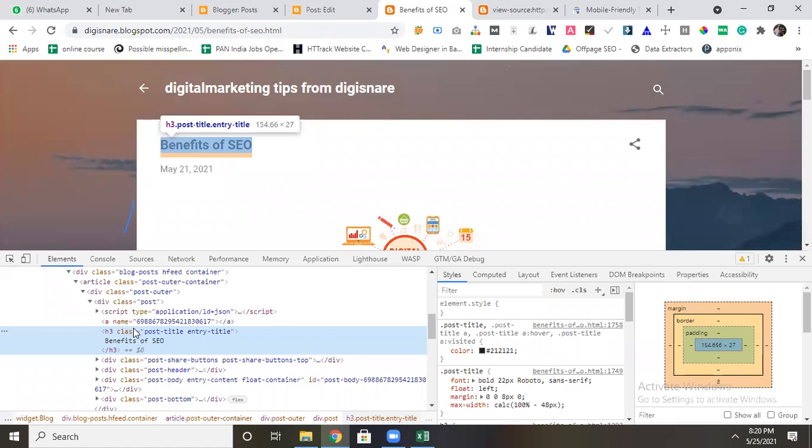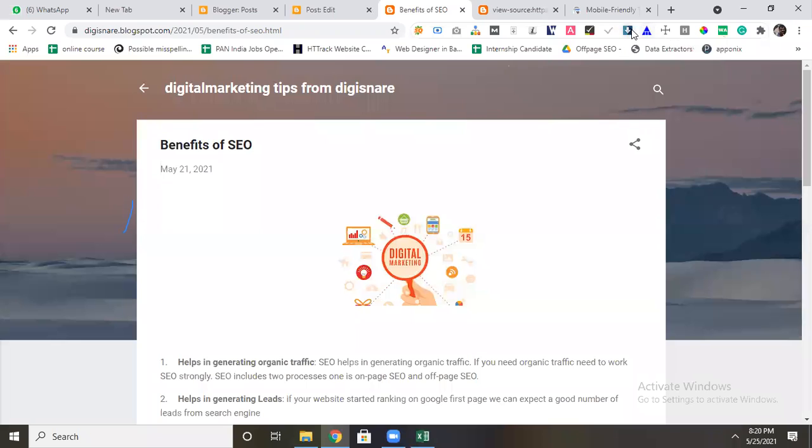This is one option. Or another option, if you are feeling this is difficult, I will give one plugin for you. Let's just take 1 second, you can hold.